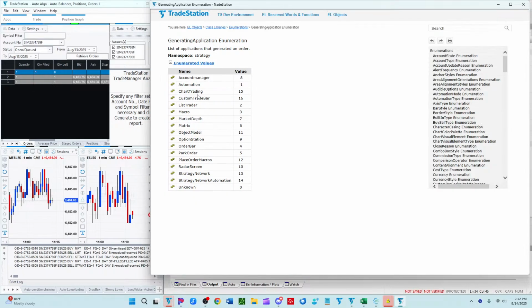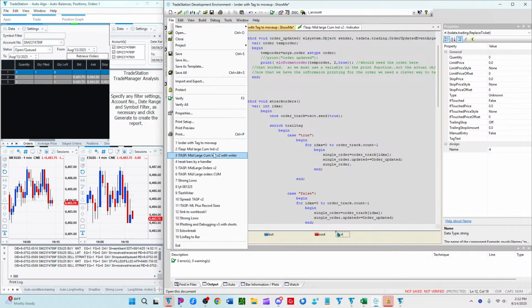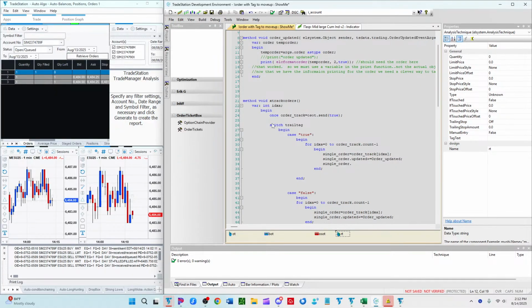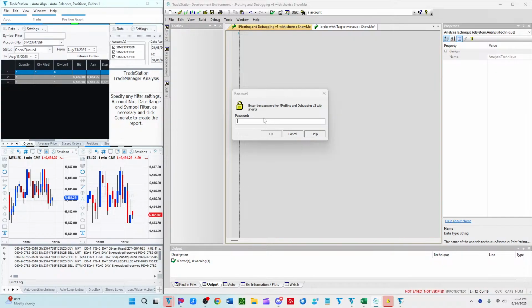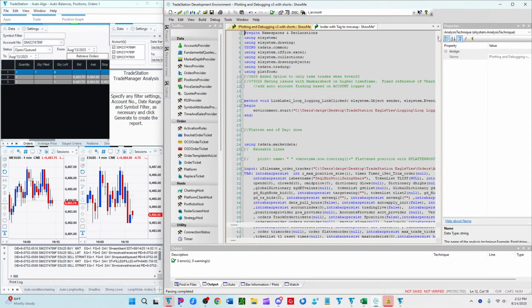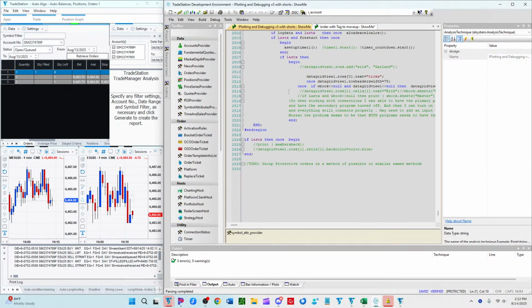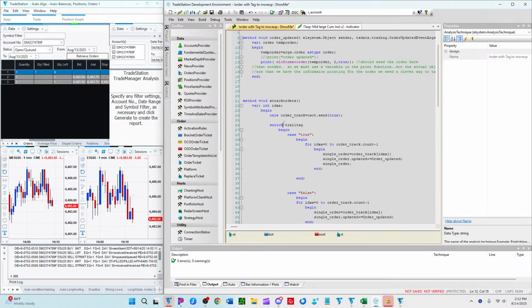Okay, automation, chart trading, because this is something that, if any of you guys know, I do have an algo that I've been working on quite a bit. I haven't done much with it in the last week or two, but it's about 2,500 lines of code. Some of it has to do with the